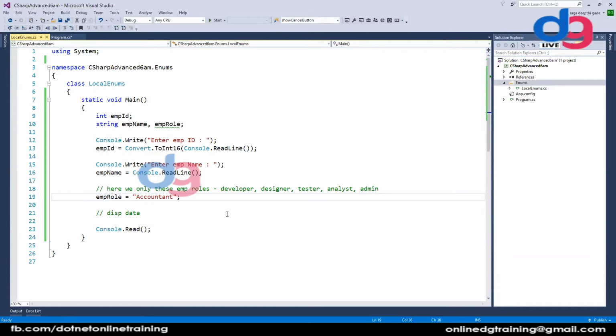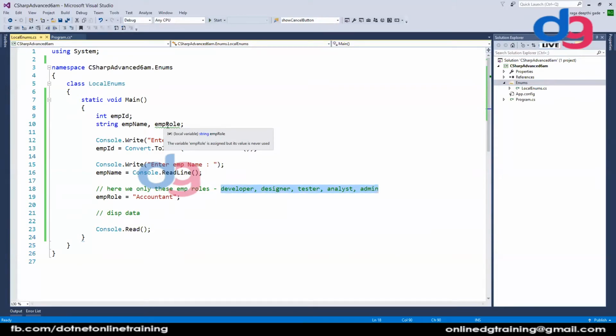So what they will do is, you have fixed options for a particular scenario. If you talk about an employee role, these are the only options an employee role can be. No other option.